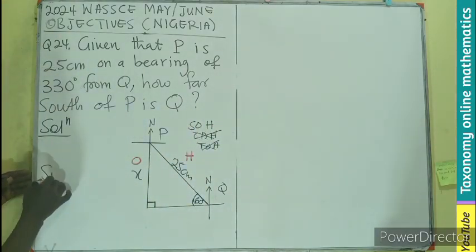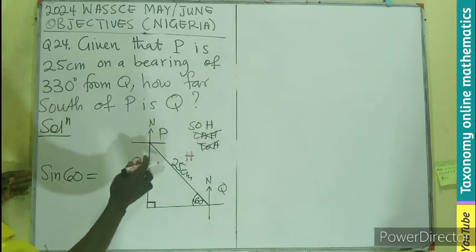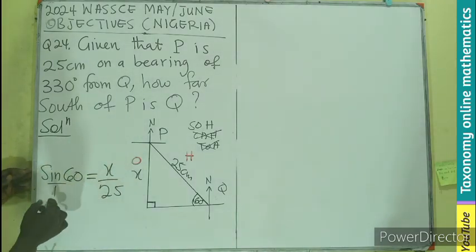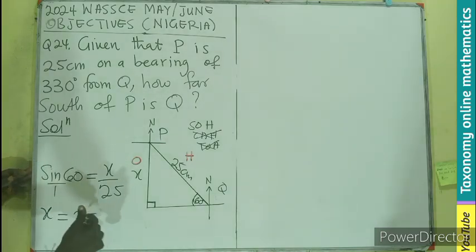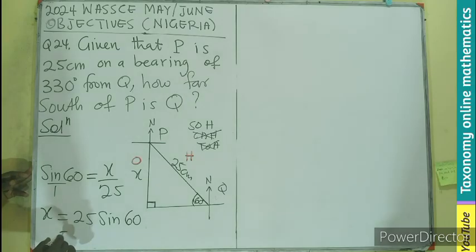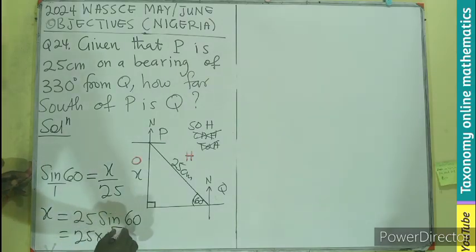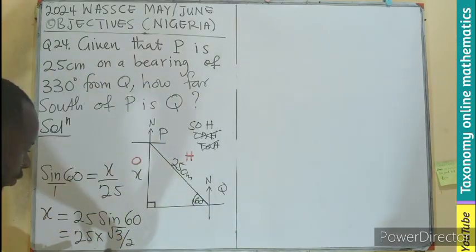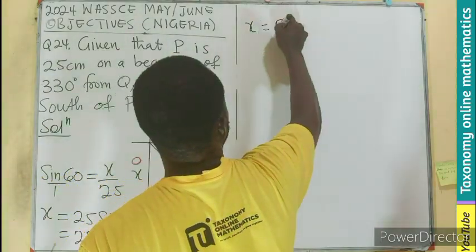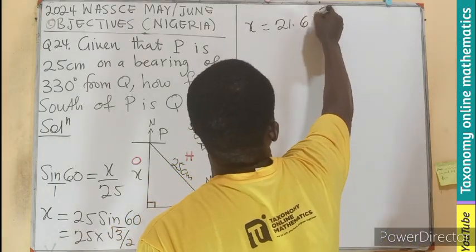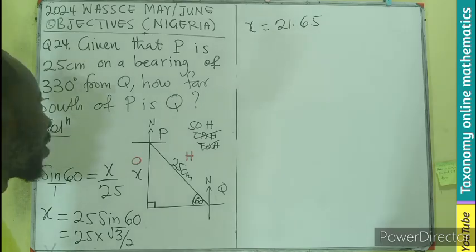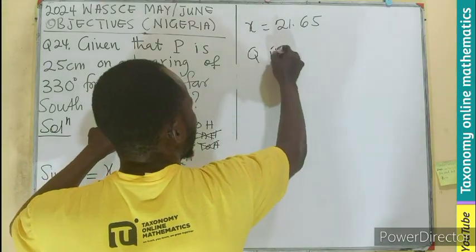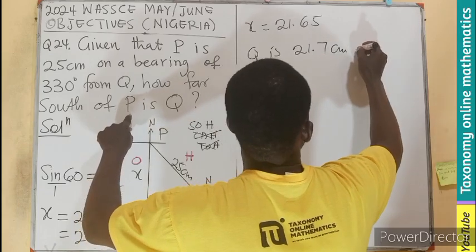It means I'll be using the sine of the angle: sine 60 equals the opposite side, X, over the hypotenuse 25. So let's cross multiply. Since this can have our X, 25 will always come before the sine 60 will come. And that will be 25 times the root of 3 divided by 2. When we put that in our calculator, we have our X to be 21.65. But in the possible answers, we are leaving our answer in one decimal place. So we can say that how far south Q is, is 21.7 centimeters to the south